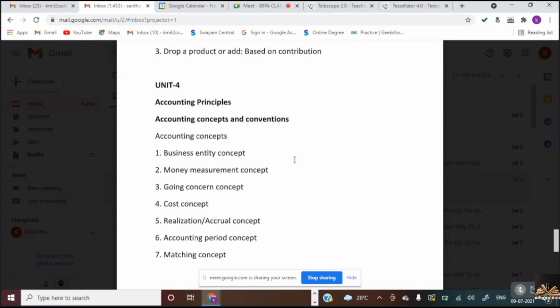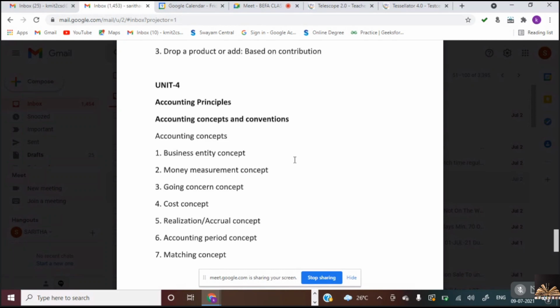That is known as going concern concept. For example, I purchase a machinery this year and the lifetime of the machinery is 10 years. So I value that machinery and deduct the depreciation over 10 years, and at the end of the 10th year, I'll purchase a new machine. Like this, I'll carry on the business and the activities, assuming that the business will never end in the near future.